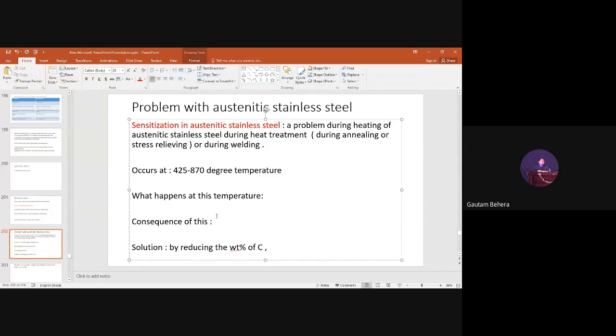Another solution we can have is we can dissolve this chromium carbide. How can we dissolve it? By doing solutionizing heat treatment. Just by taking the steel to a very high temperature where this chromium carbide will get soluble in the matrix phase, that means in the austenite phase, and we have to quench the steel, or do rapid cooling of the steel, so that all the elements will be in the solution state. So by doing solution heat treatment,